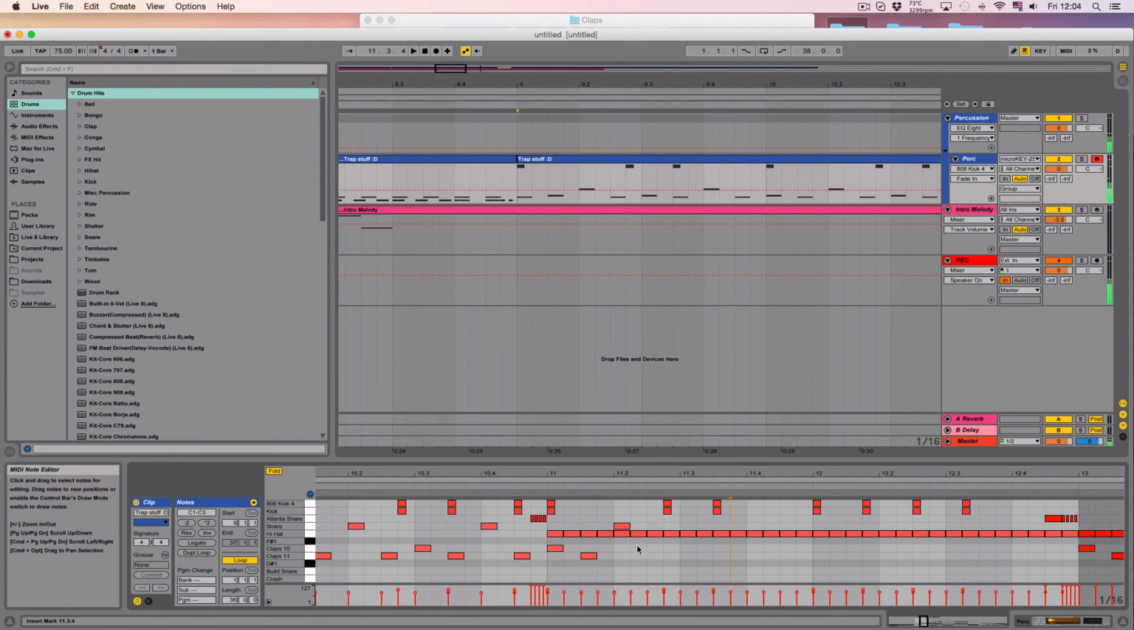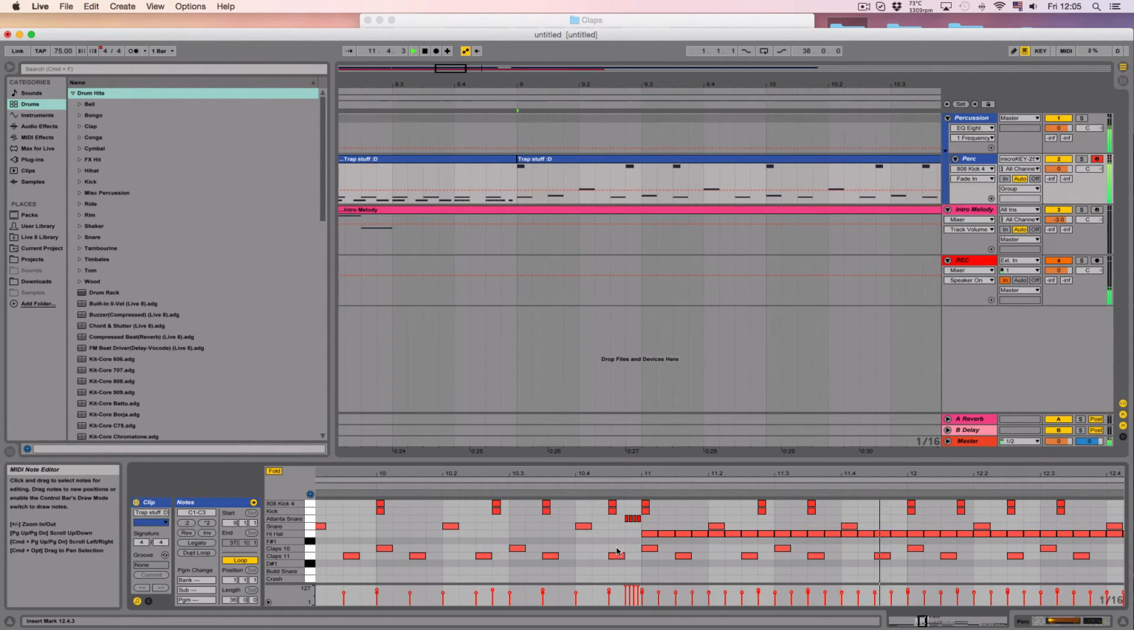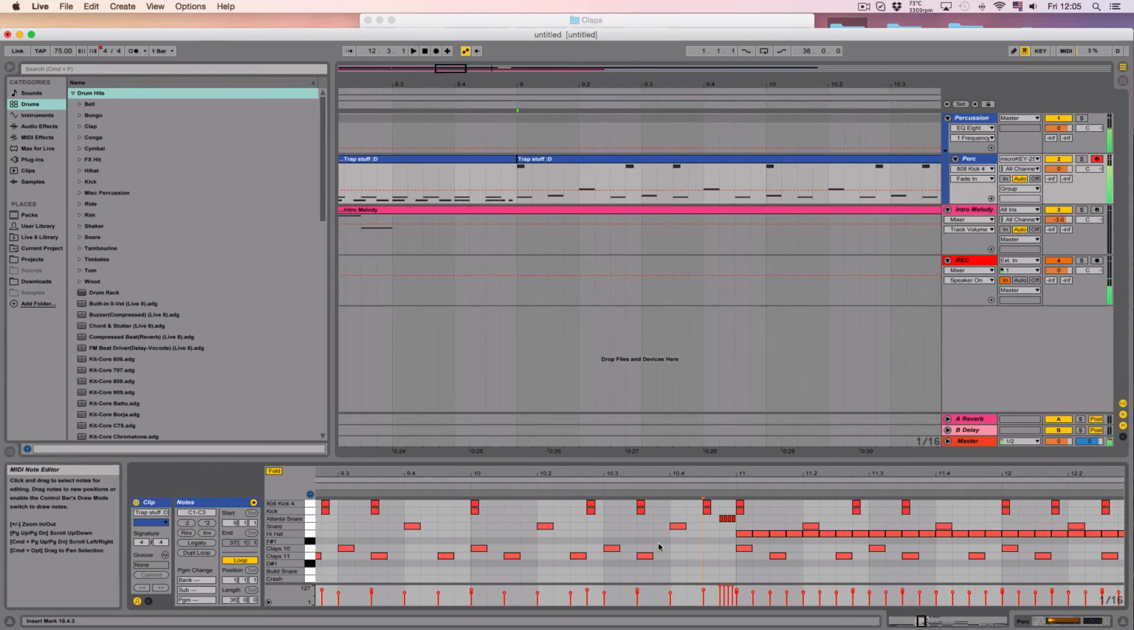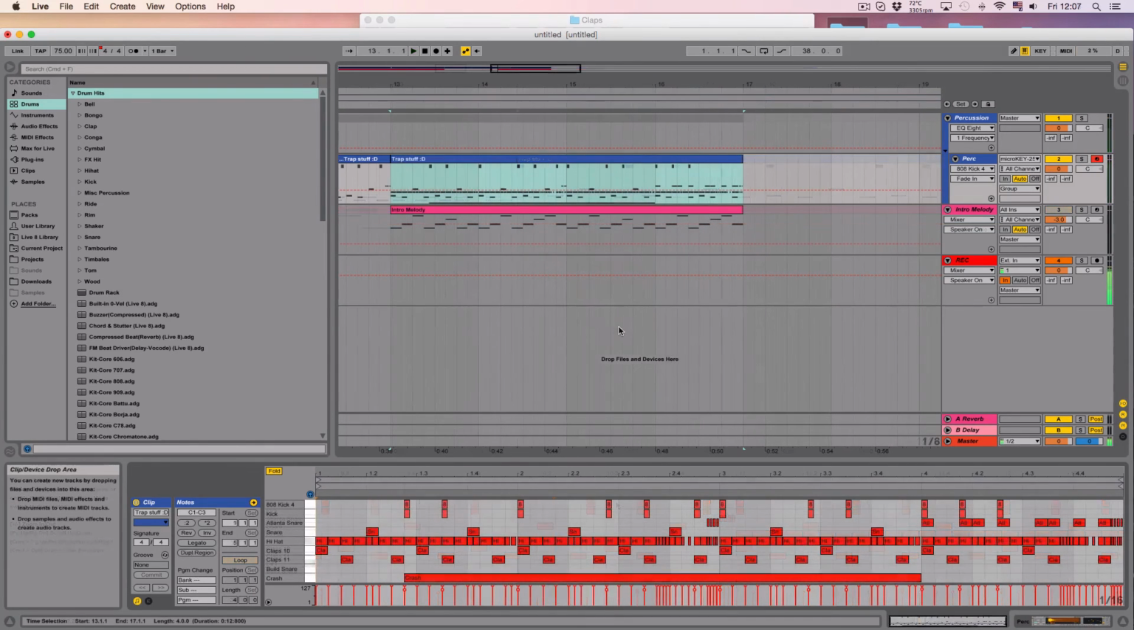This, and this. There we go. And there we go. I think that would be... Yeah, there's like a small snare here. Fill. Okay, yeah, so basically,